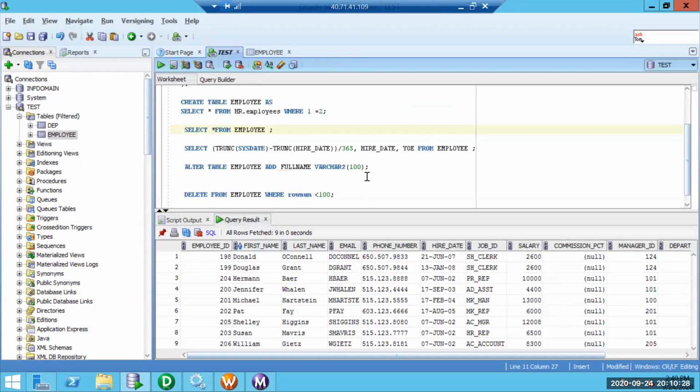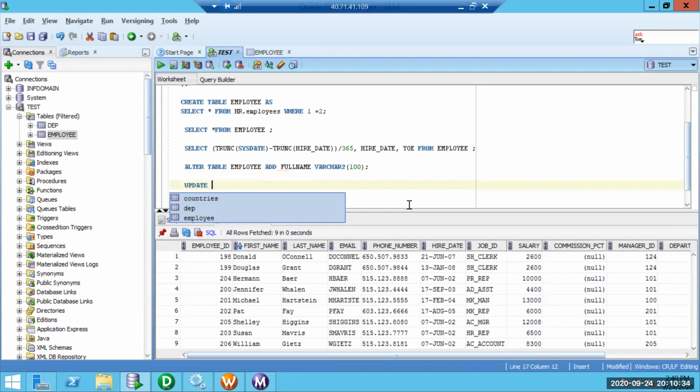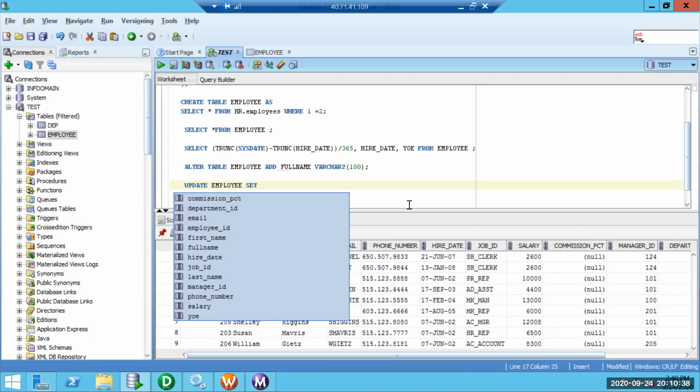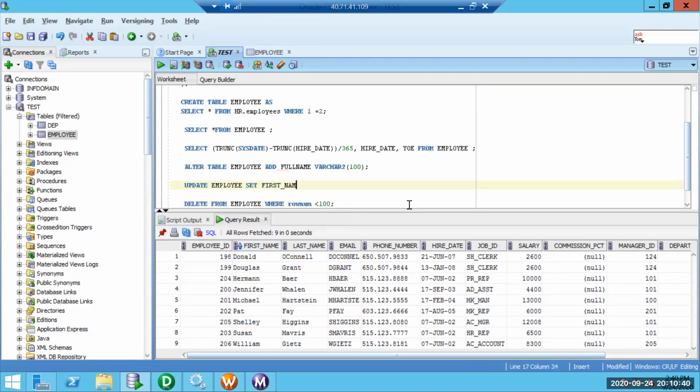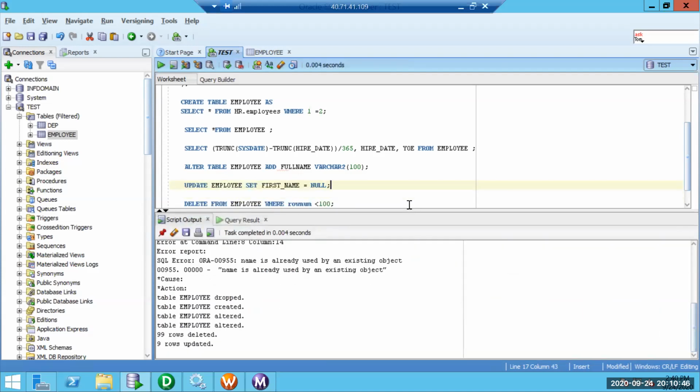So I'll update the first name field: update employee set first_name equal null. So for all records, I am setting the value null. I deleted 99 records, so I am left with 9 records, which makes it 108.